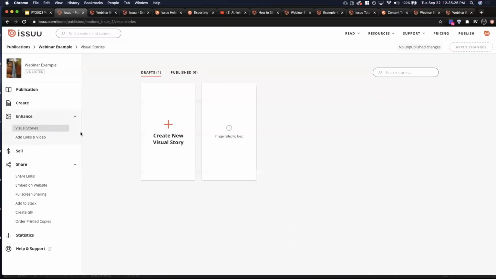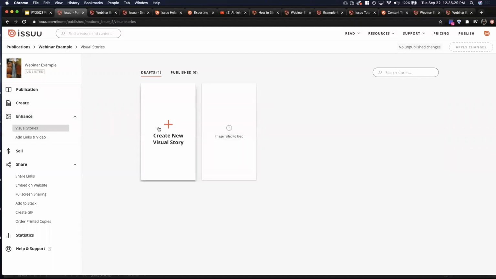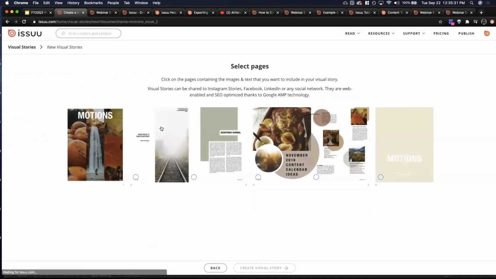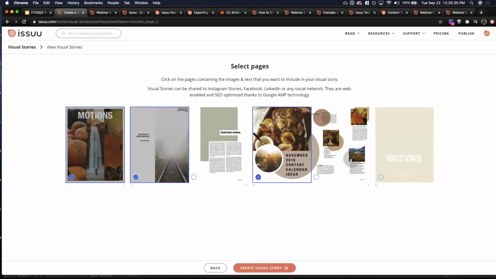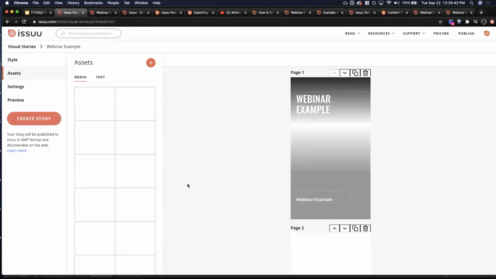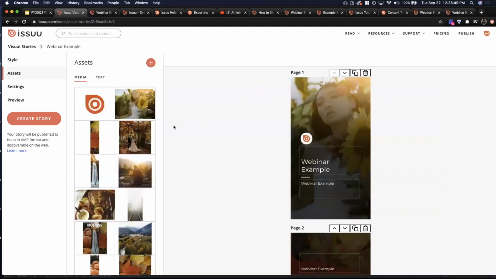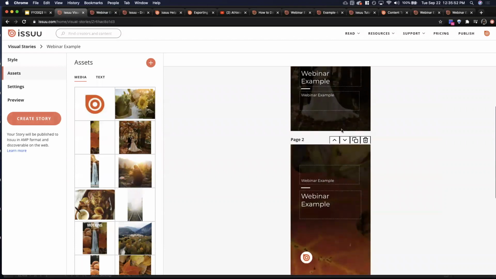Here on the visual stories, the difference between this for mobile optimization versus the articles tool, for example, is that this is really nice for promotional purposes. So if you want to take your content and get folks to read it and interact with it on social, we recommend using visual stories, especially for those cases. So you can take this content, edit it to your liking,